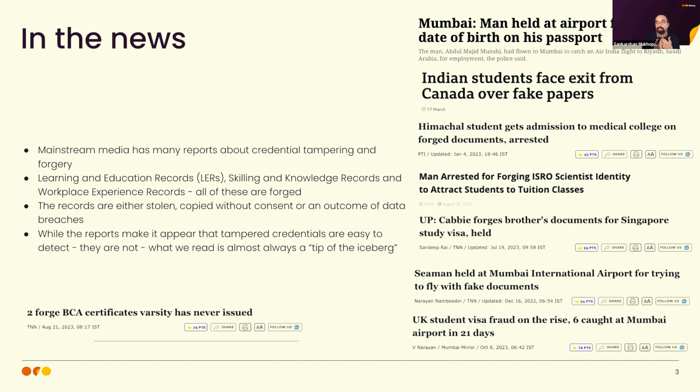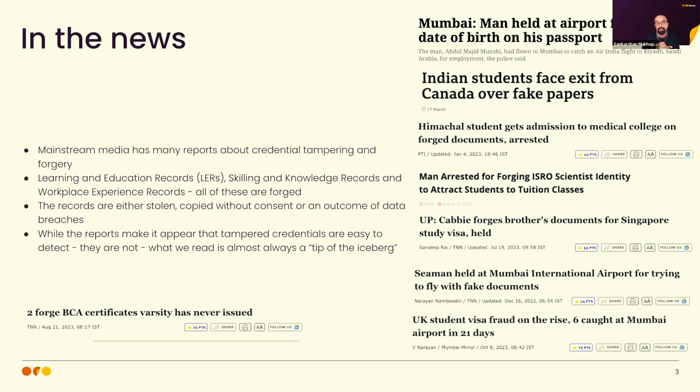Records are created, issued, and exchanged to have access to various kinds of services, opportunities, business, even financial help and credit lines and so forth. If you have been paying attention, you realize that some of these headlines that you see on the screen are very familiar to you. They're actually from the last four or five months, or probably across this year. And you can see that there's a pattern to it, right?